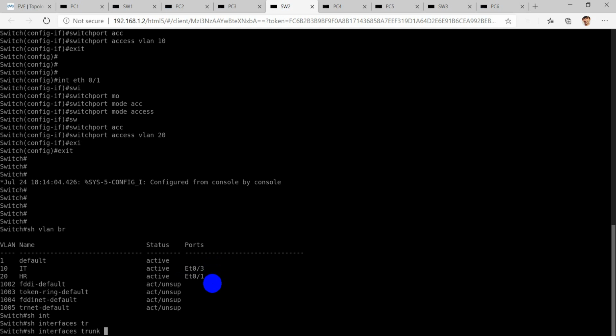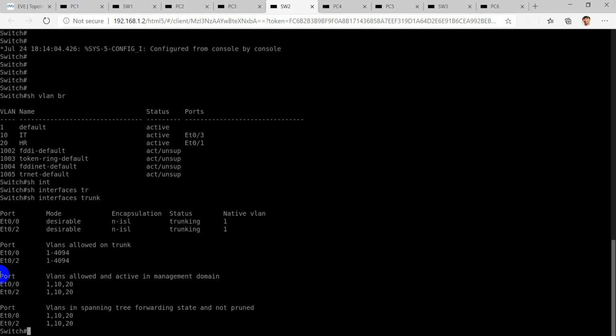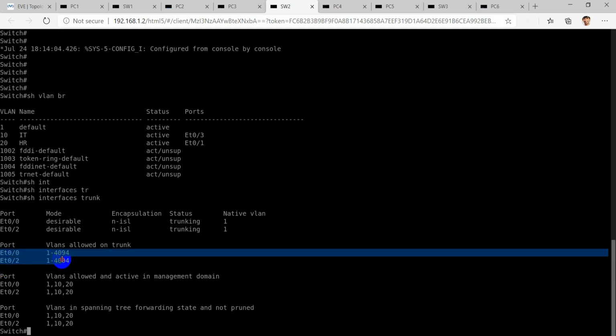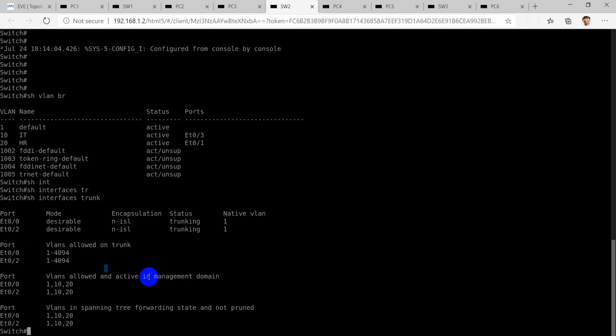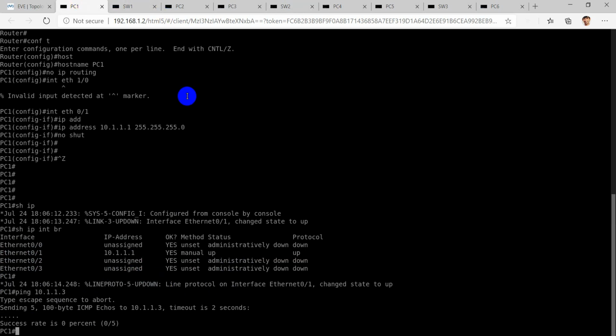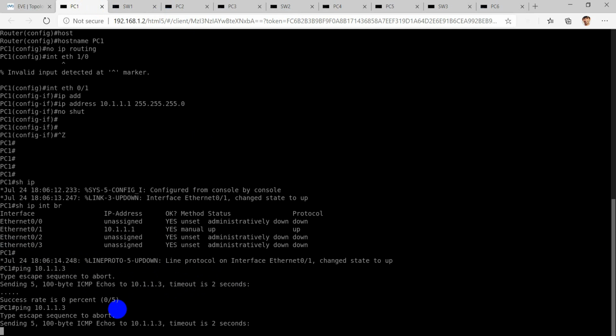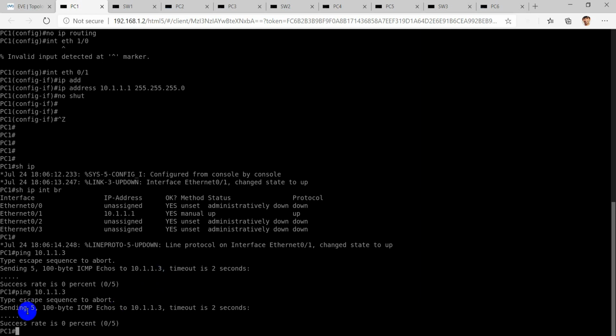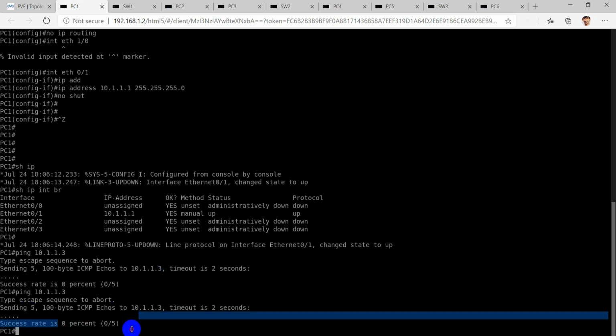Interfaces trunk. 0/0 and 0/2 are trunk interfaces, and these VLANs, I'll just check it again. You can see that it is not pinging currently.